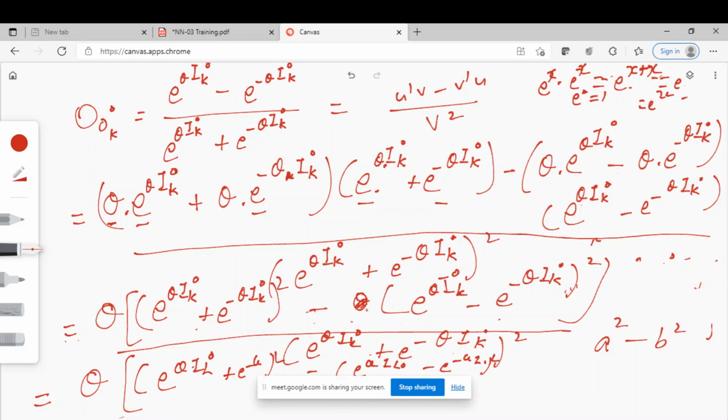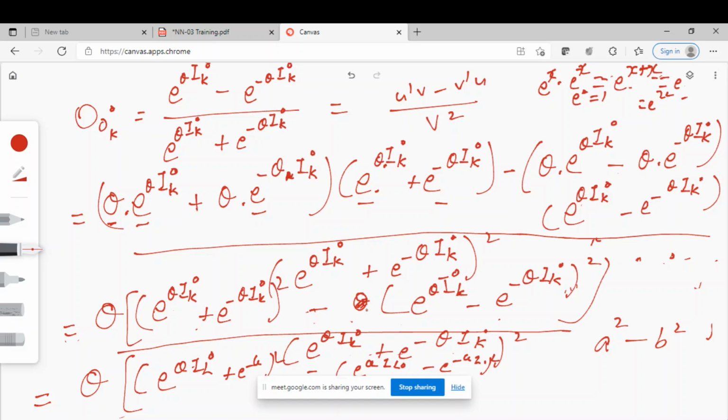Now this is the denominator. Now this thing can be written in a separate way. How? This part divided by the denominator. What is the denominator? (e^(θ·k0) + e^(−θ·k0)) the whole square. Square is there. Similarly, this part we can separate it out. So here also then we will have theta. When you separately write, this theta is applicable for everywhere. Okay. So divided by (e^(θ·k0) + e^(−θ·k0)) whole square. Okay.